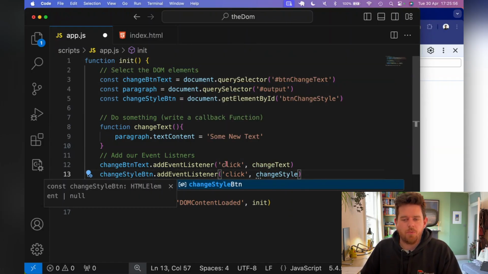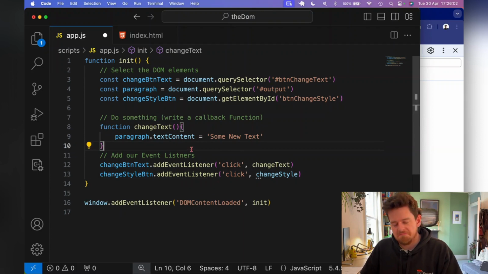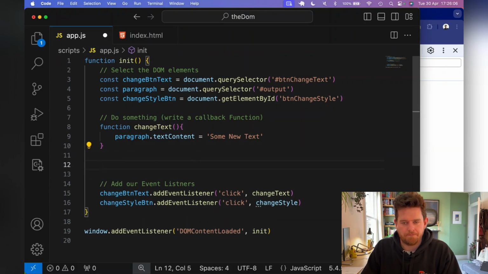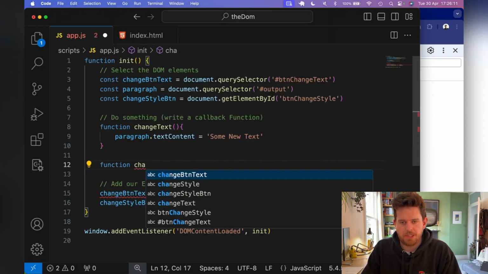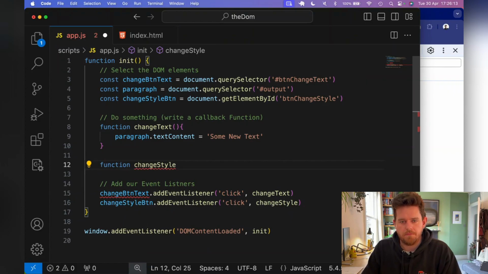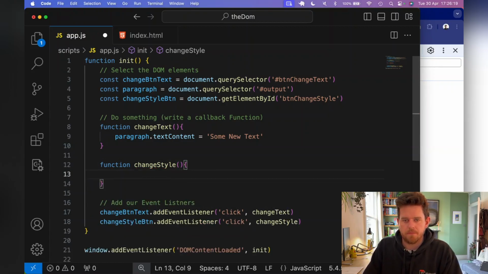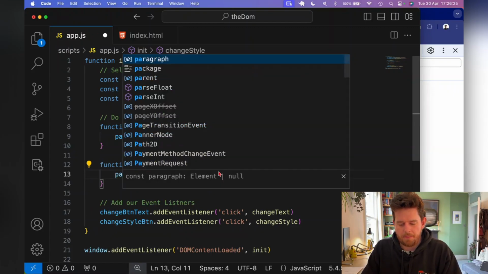Now it's entirely up to you whether you write the function first and then put it in here, or you write it here and then create your function. There's arguments for or against doing it one way over the other. So we'll say function change style, because that's what we've put here, add our parentheses and some curly brackets. So let's go ahead and now say we want to go to our paragraph